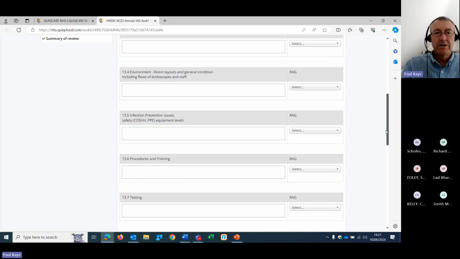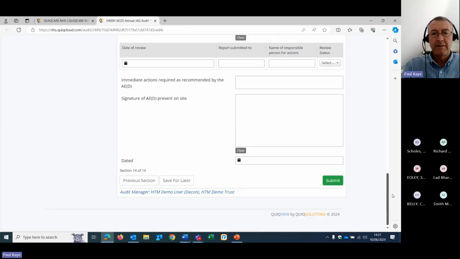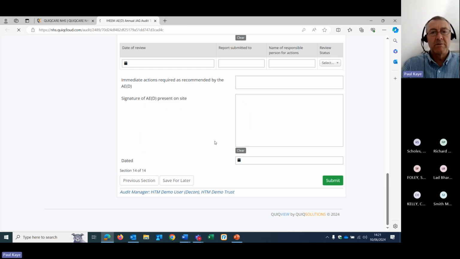And at the end of the process, having gone through each of these areas with their summaries and their suggested actions, the AED can say, yeah, that's fine, all done, sign it, and submit it. Now, I'm not going to submit it because I haven't filled everything in. I'm just going to save my work up to that point.